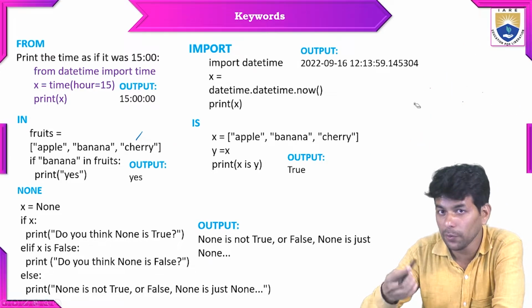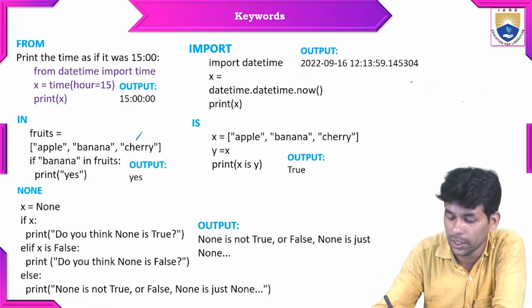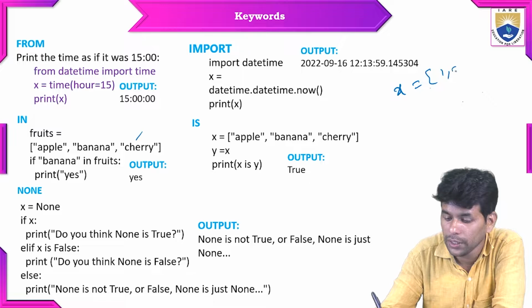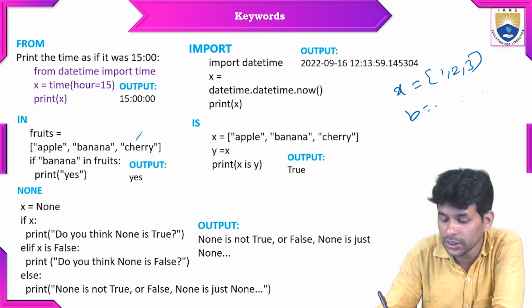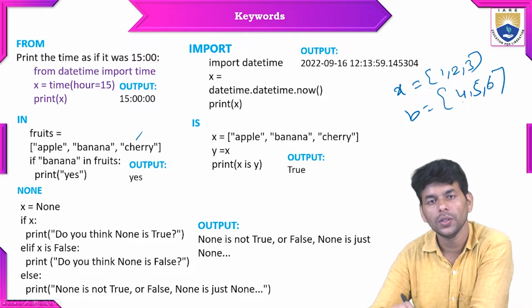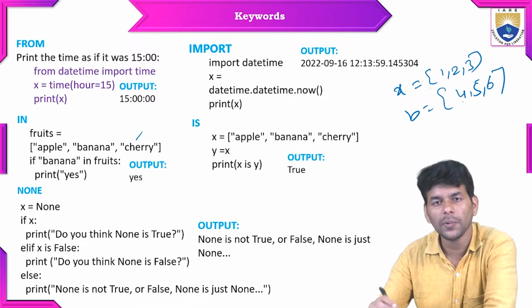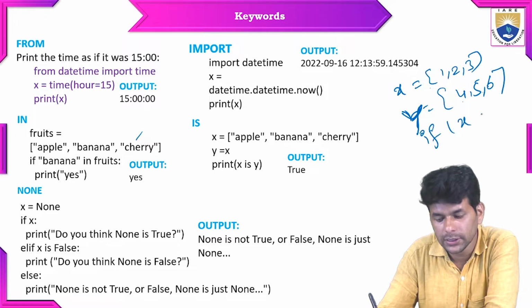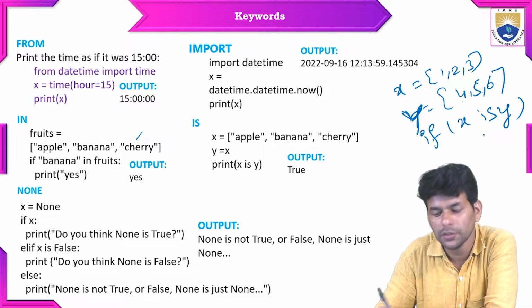If I take one more small example, x equal to a list 1, 2, 3, and y is equal to another list 4, 5, 6. I have taken two lists here. So what I am doing now is comparing x with y. Now if x is y, then print